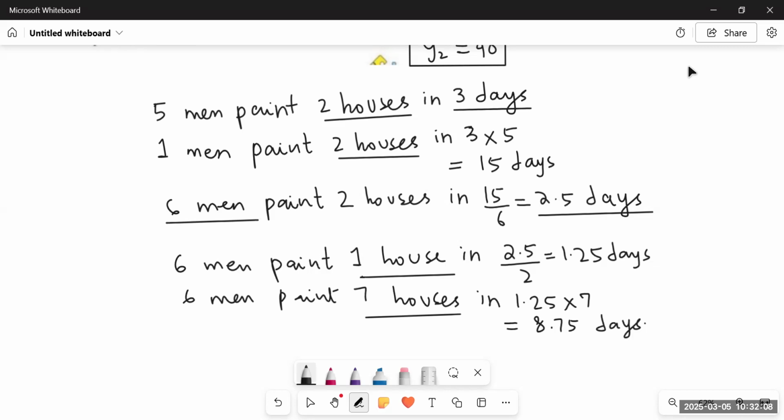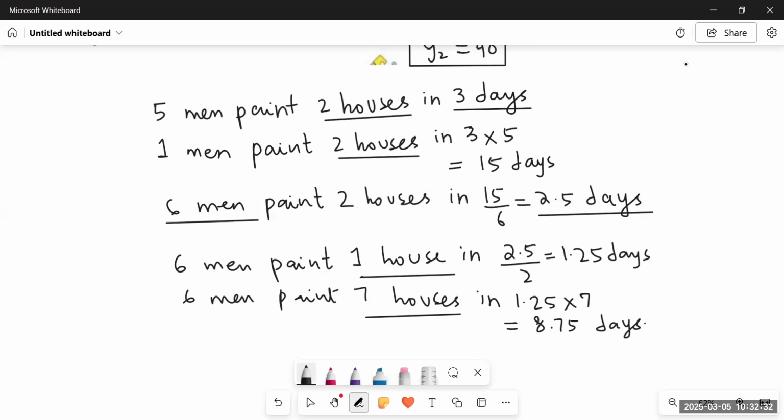And if there are fewer men, the more time they will take to paint the same houses. Similarly, if there are more houses, more time will be taken, and if there are fewer houses, less time would be taken. So for houses and time, the proportion is direct, but for the number of houses and men, the proportion is